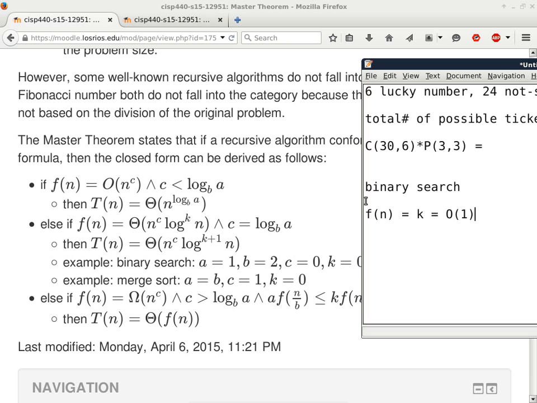Well, the first thing is to take care of c. C can be 0, right? Okay, so we will say c equals 0. And what about the number of times we apply log? Well, it will be 0 times. We know that c equals log B A. If log B A is 0, yep, I take it back. Does this work?